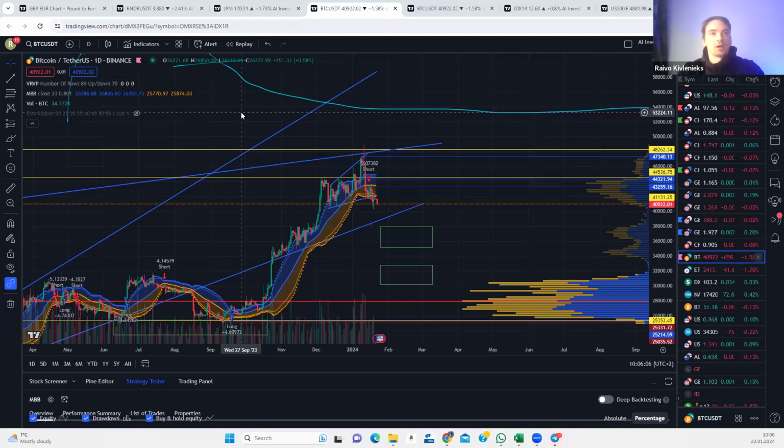So if you are willing to trade spot and just want to buy Bitcoin, then you can already start buying it now and continue buying with larger amounts as the price is going down. But if you really want to benefit from leverage and also don't want to risk that much of your own money, or you don't have that much of your own money, then the best is to wait a little bit